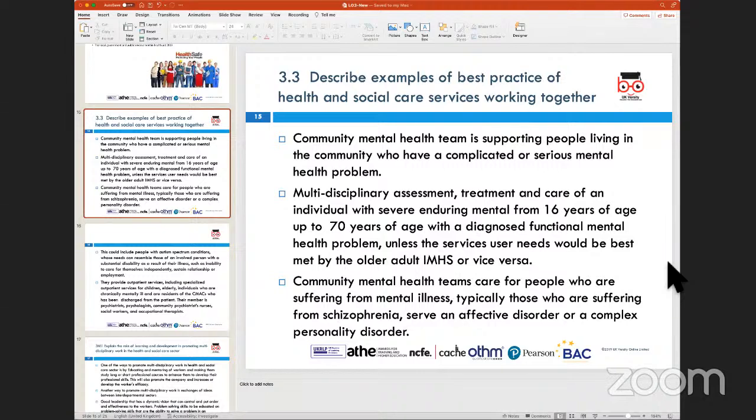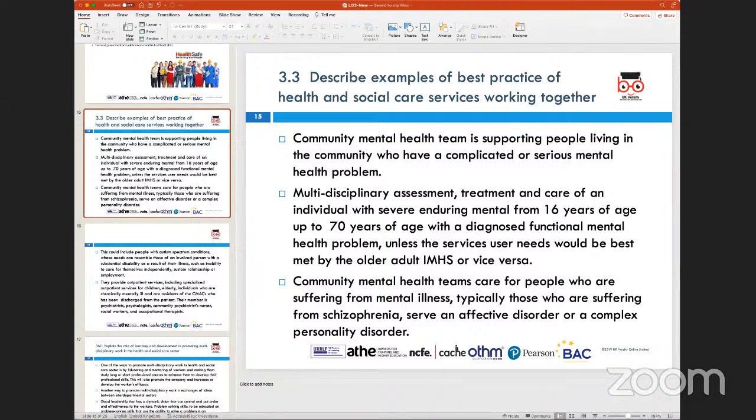So integrated mental health services would be across the health and social care sectors, simply because they would be looking at collaborating between mental health care professionals and social workers. You could also be looking at working with some of the community organizations to help deliver these services to people who are challenged or are mentally challenged. And in this case, these services can only be provided comprehensively if a lot of relevant authorities come together to deliver these services to the individual.